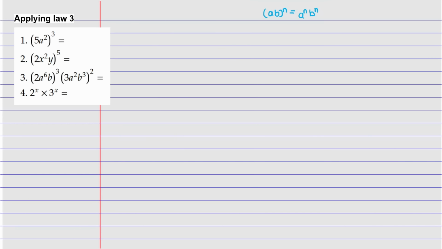So now what we're going to do is apply law 3, not 4. I just wrote the law here so that you can see what we're doing, because we're going to be applying the law. It says if you have two terms, and both terms are inside a bracket, very important, and we have a power, what can we do? We can distribute the power to each term. So with number 1, it's going to be the same as what? We have 5a to the power 2, then to the power 3. So we need to distribute the 3. So this is going to be the same as saying